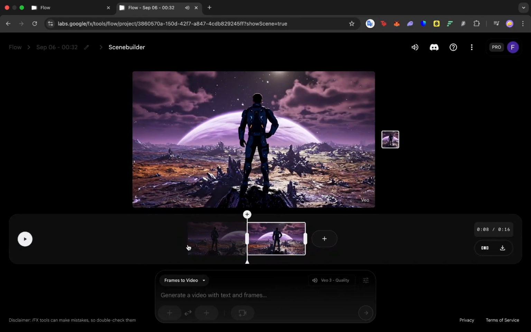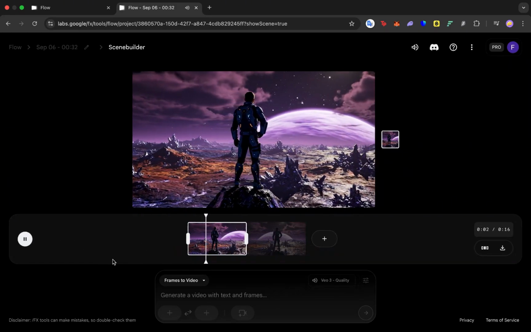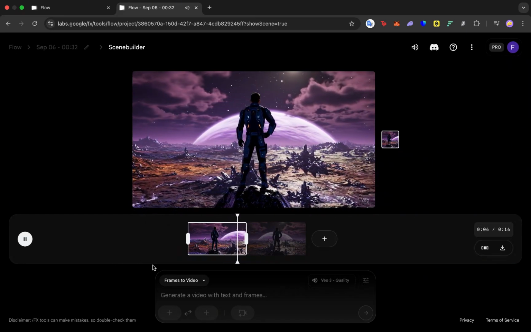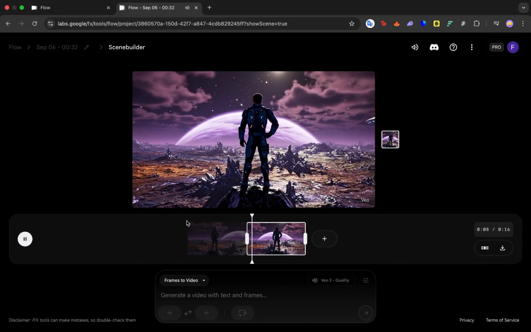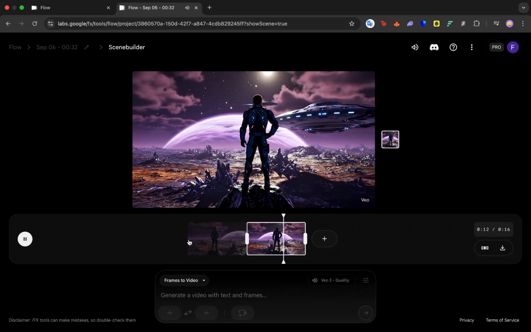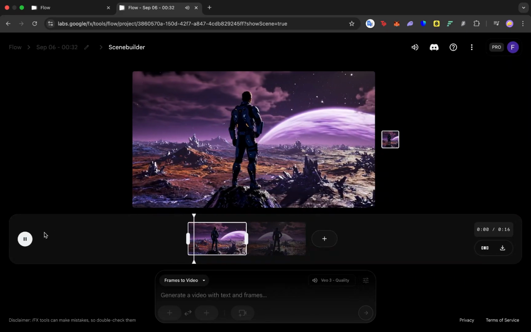Now, let's drag the slider all the way to the front. Then, click on the play button on the left side. You will be able to view your new video with the new extended clip. And here, if you look at the video, you will notice that the next clip has merged with the previous one seamlessly. Now, to download it, all you need to do is click on the download icon on the right